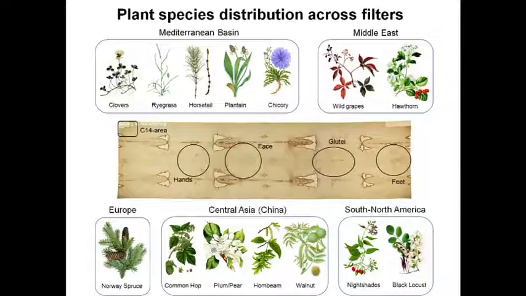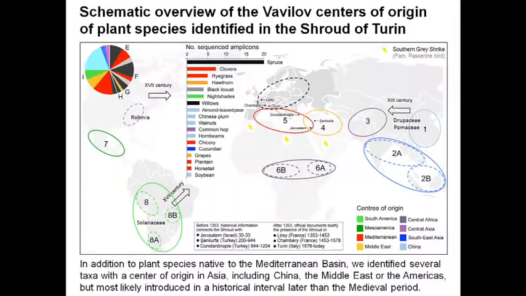Other species we know to be widely present and widespread in Central and Northern Europe, like Norway spruce. Some others have been introduced from Southern and Northern America in recent centuries, like members of the Solanaceae family and black locust, which is Robinia pseudoacacia, a legume plant. This is one of the original figures of the article showing